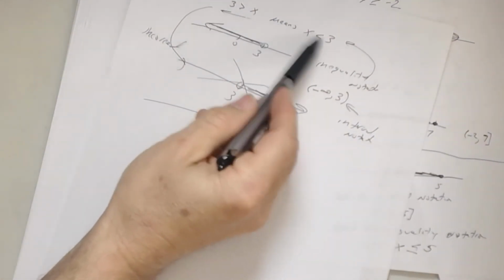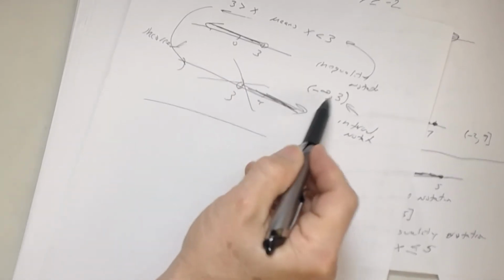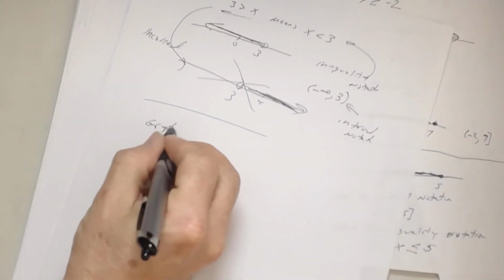Inequality notation is where you have the inequality symbol in it. All right. This is your inequality notation here. This is your graph. This is what notation? Interval. That's interval notation. So if I ask you to graph this,